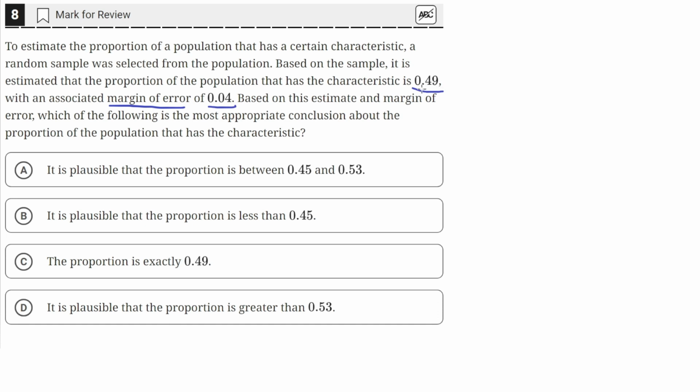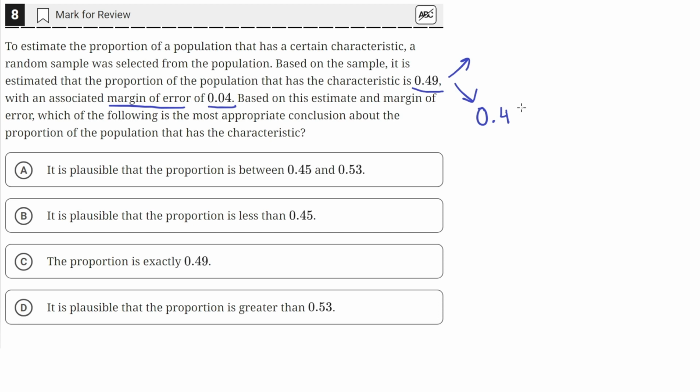Okay, so the proportion of the population with the characteristic is 0.49, but there's a margin of error of 0.04. This means that the interval for plausible values of the proportion of the population that has the characteristic will be 0.04 less than the 0.49 and 0.04 greater than 0.49. So the lower bound of the interval will be